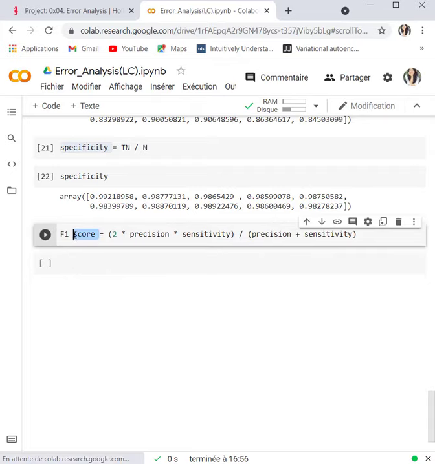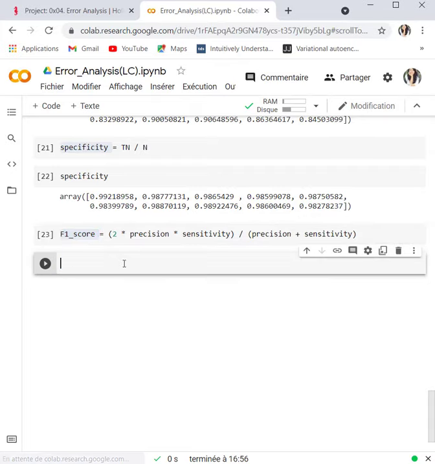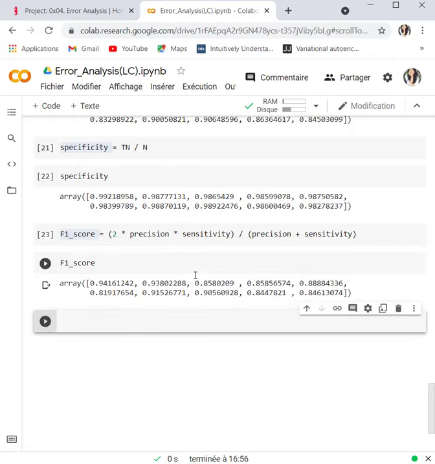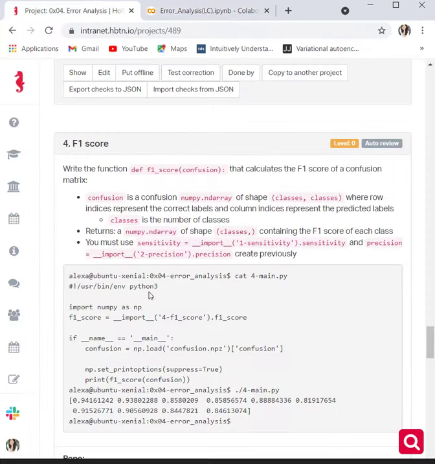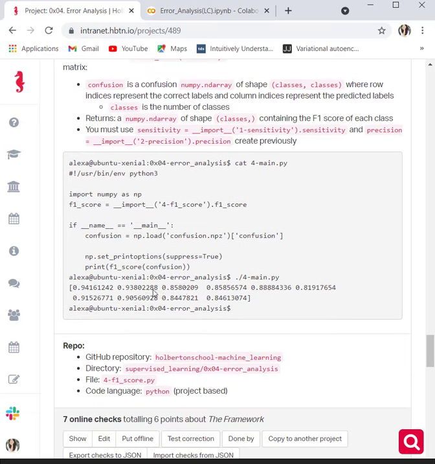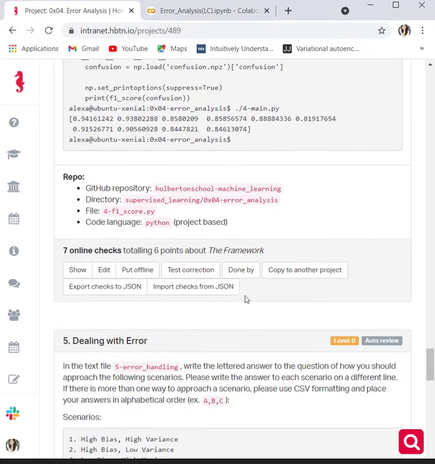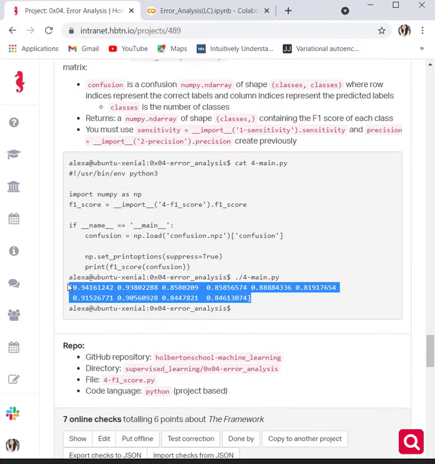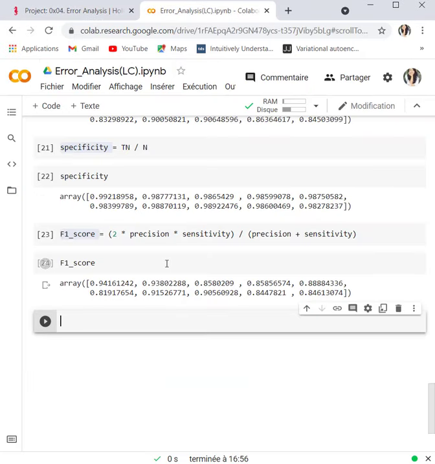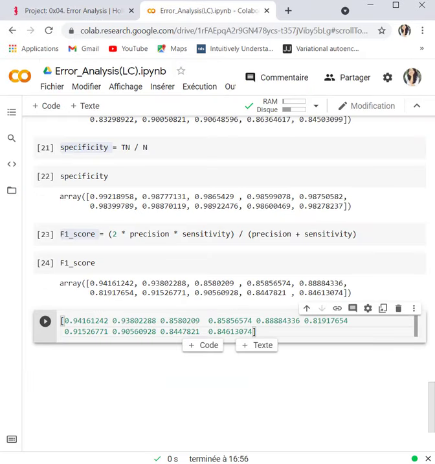So it will use both precision and sensitivity, because sometimes we need both of these metrics. And then we have this, and then we have this same result.